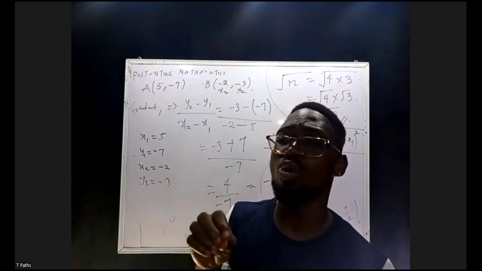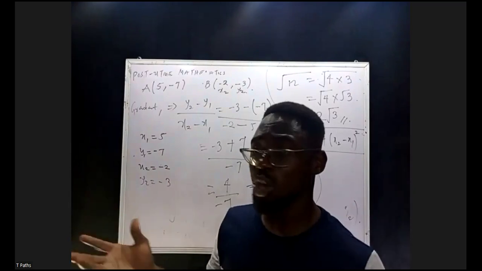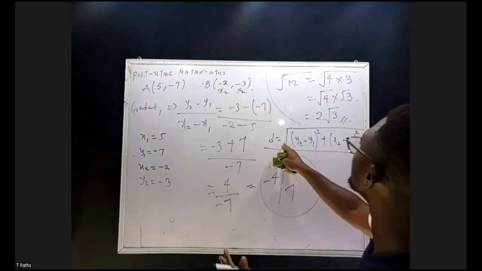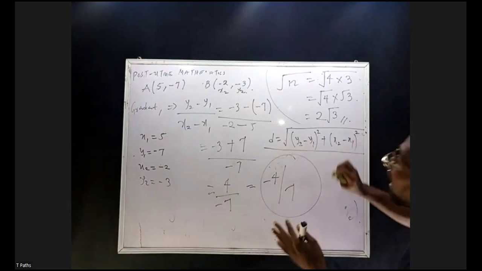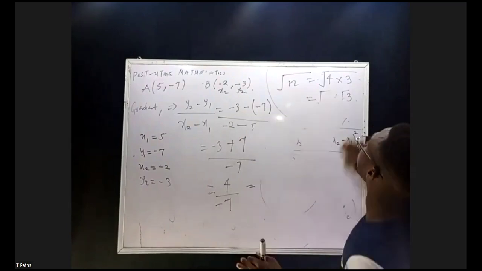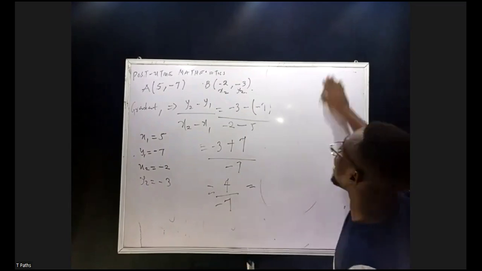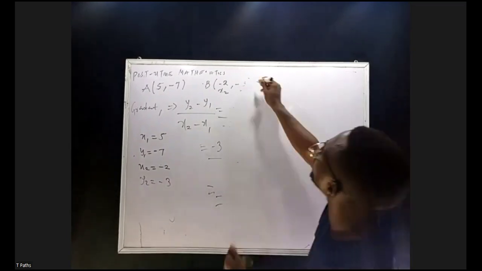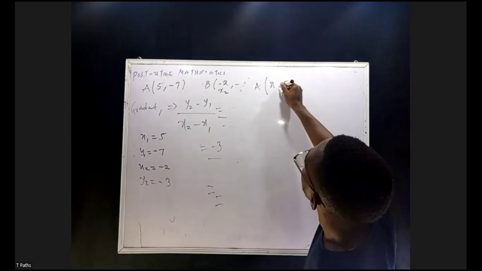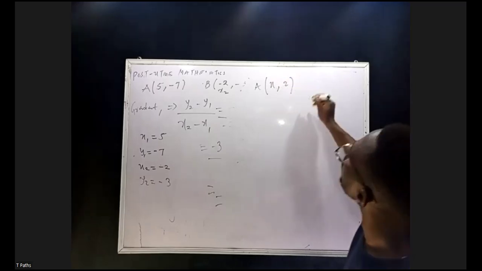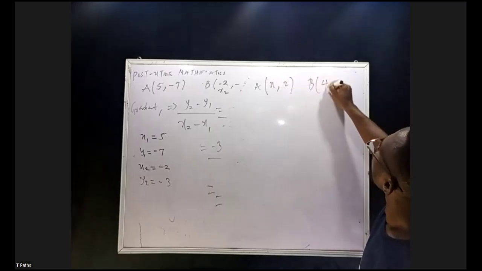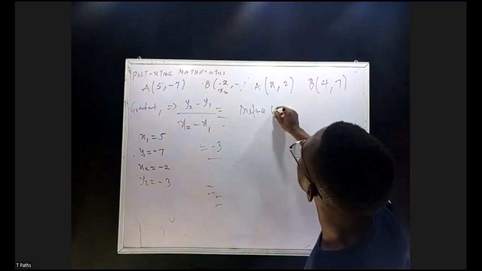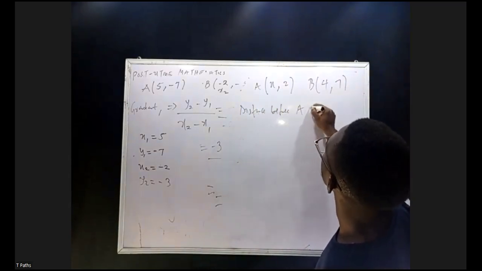Now, if they want to give you something, because it's simple, distance between 2 points is like this. Just apply the formula. Let me tell you where they can cause problem for you. And I want you to take this as an assignment. Sharply, I give you 2 points, A, x, 2, B, 4, 7. I now say that the distance between A and B